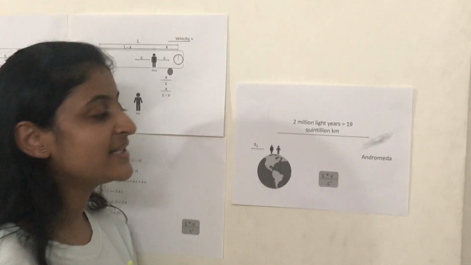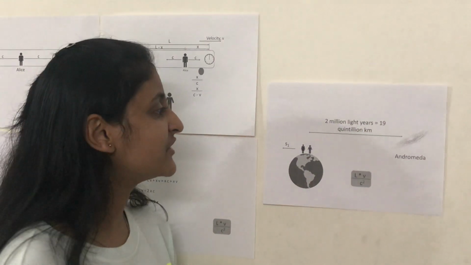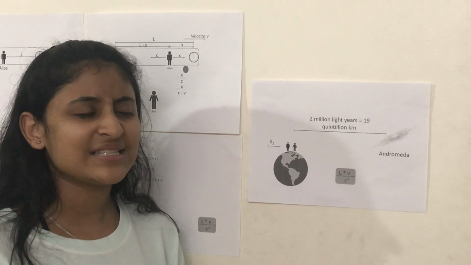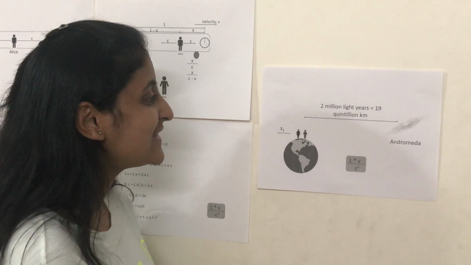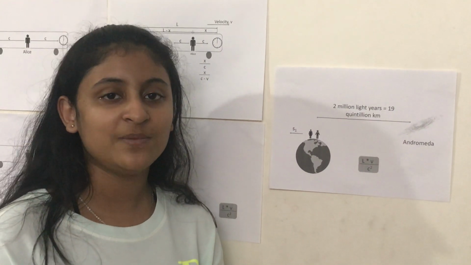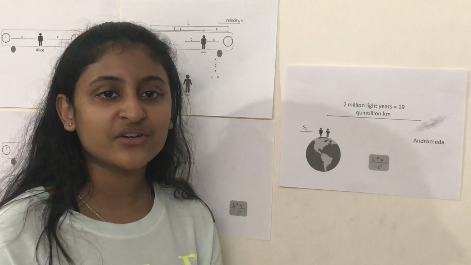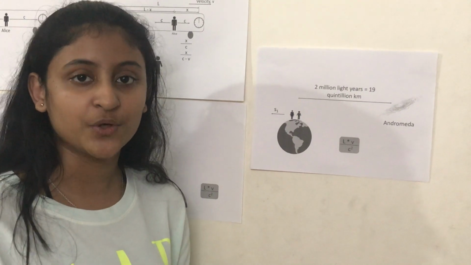The Andromeda galaxy is the closest galaxy to the Earth with a distance of about 2 million light years, which is 19 quintillion kilometers. Can you even think of a number so big? So let's say we have aliens living on the Andromeda galaxy who are planning to invade the Earth. However, since it's a big commitment, and it takes 2 million light years to reach the Earth even at high speed, they decide to vote on it tomorrow.